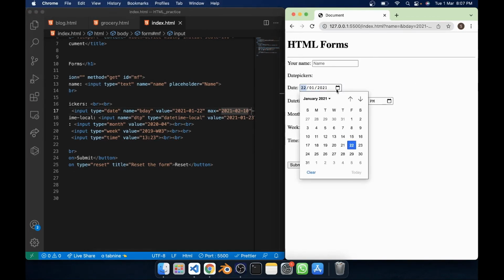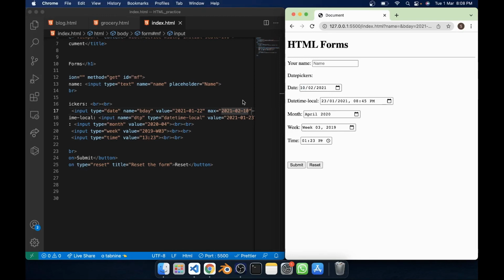If you do that and open it, and go to the calendar, all of March, April, May are disabled, and if you go to February, it is allowing up to the 10th. After the 10th, all the dates are disabled. So after 10th February 2021, it is all disabled. That is your maximum date, that is the max value, and the format of the string is exactly the same as your value: first year, then hyphen, then month, then hyphen, then dd. This particular value string you should remember,